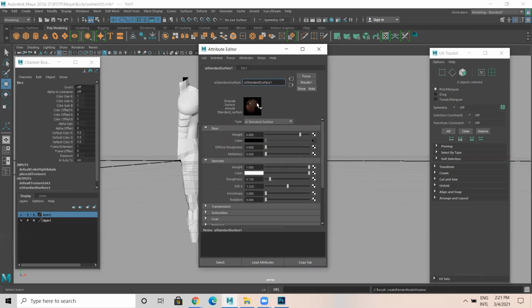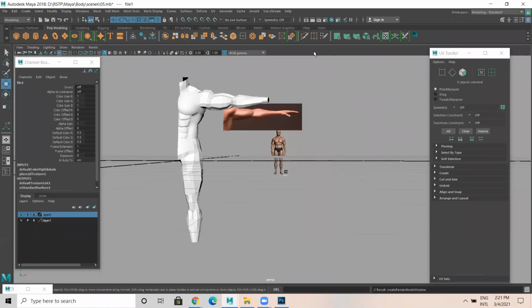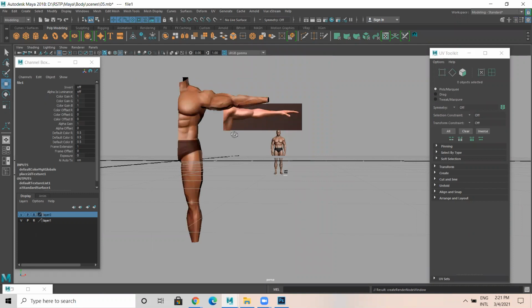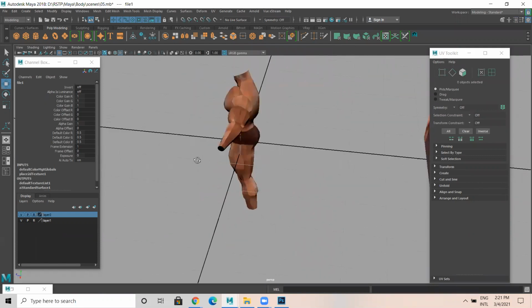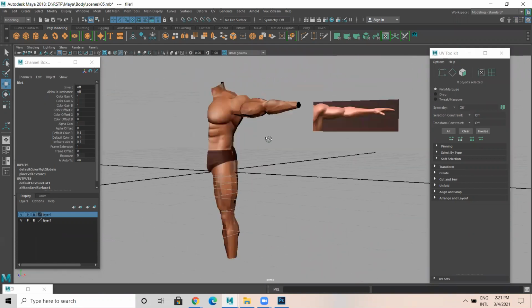Once it is done, come back. There is a specularity in this model by default. What you have to do is, IOR stands for index of refraction. Reduce this, increase roughness. Then weight 0.8 is there, now make it 1. Then click here, press 6. 6 is for texture mode. Awesome. The model is ready.